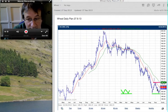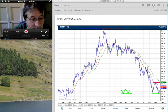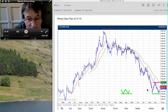So the market is gapping both up and down, which gives me an indication that we may be going into a pattern of sideways consolidation, which is what we saw last May and June at the start of the market here, within this sort of 156, 152. So I would not be surprised that as we enter into October, as we come towards the end of this contract month, we start to see some sort of backfill, this sideways motion,